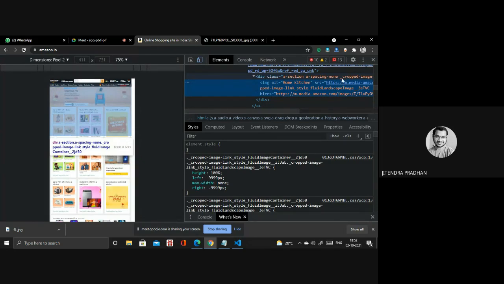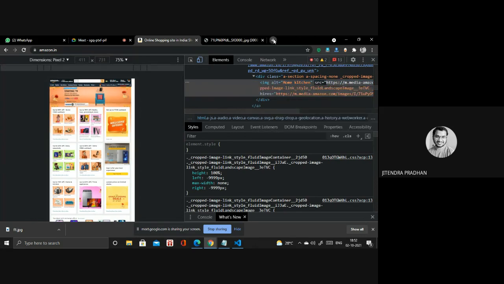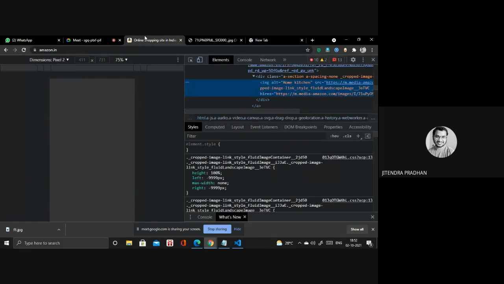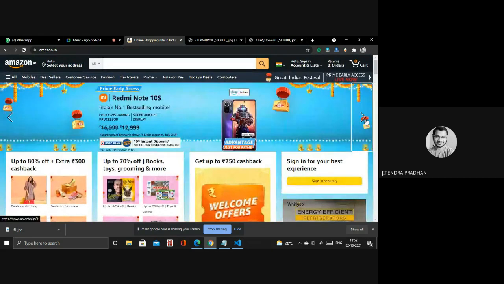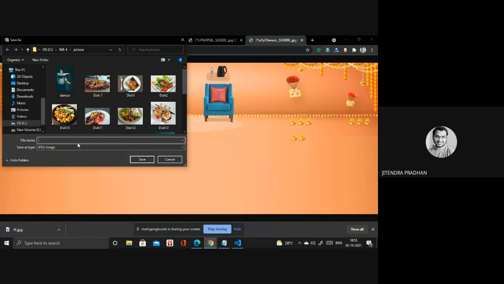Inside, you go to the picture, copy the link and download it. Another picture is required for our carousel, the Redmi Note 10s. We have to download the picture, use save as, and save the file as F2.